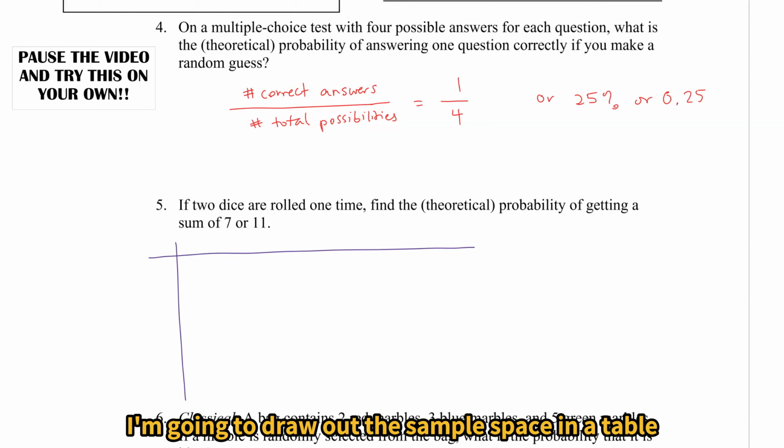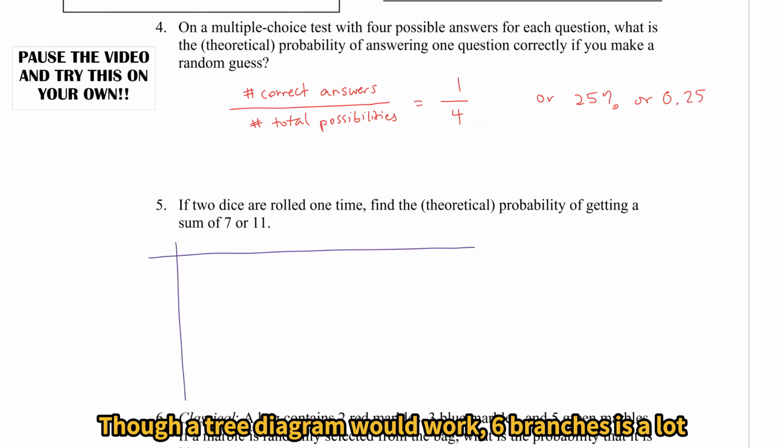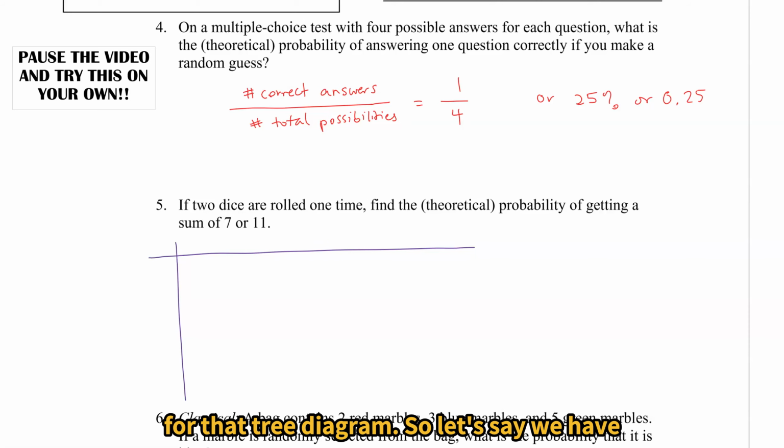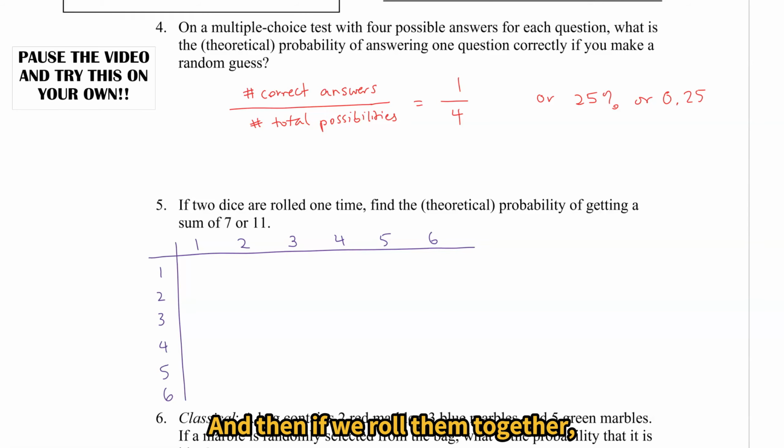I'm going to draw out our sample space in a table this time instead of a tree diagram. Though a tree diagram would work, 6 branches is a lot for that tree diagram. So let's say we have the first die, 1, 2, 3, 4, 5, 6, and the second die, 1, 2, 3, 4, 5, 6. And then if we roll them together,